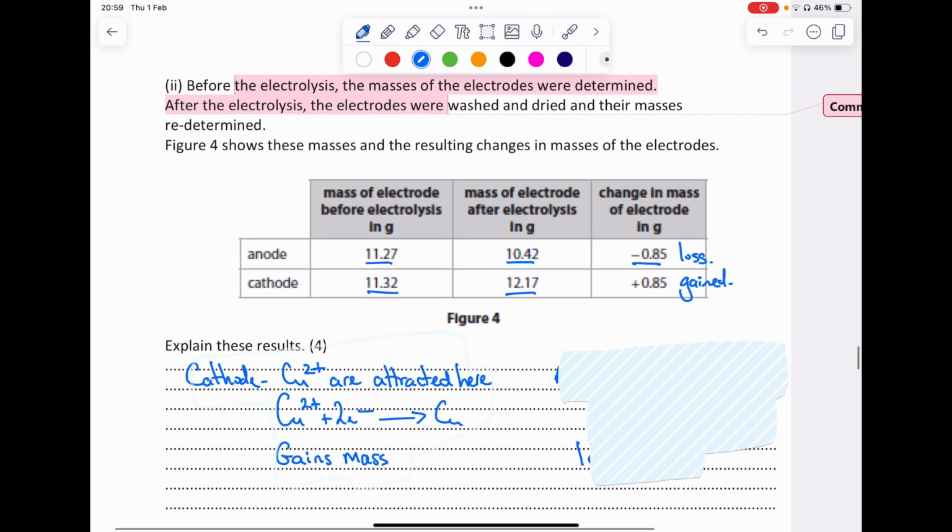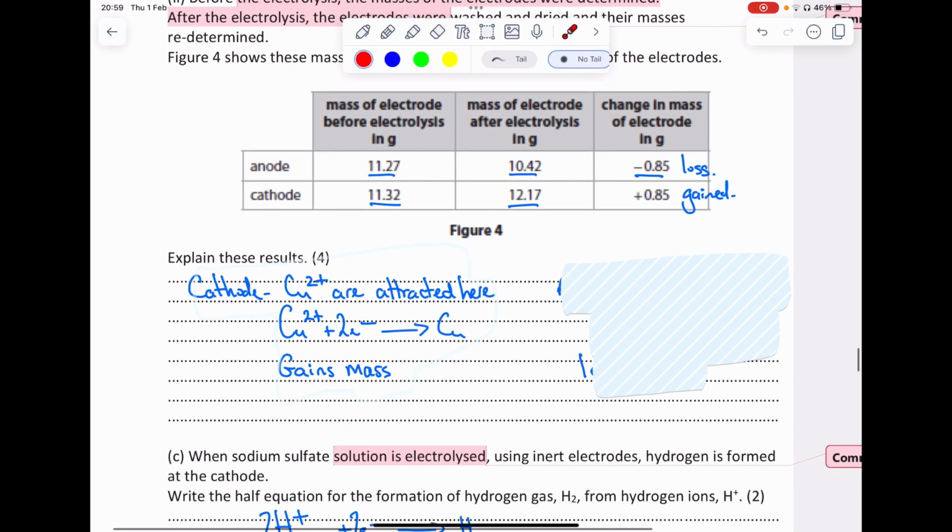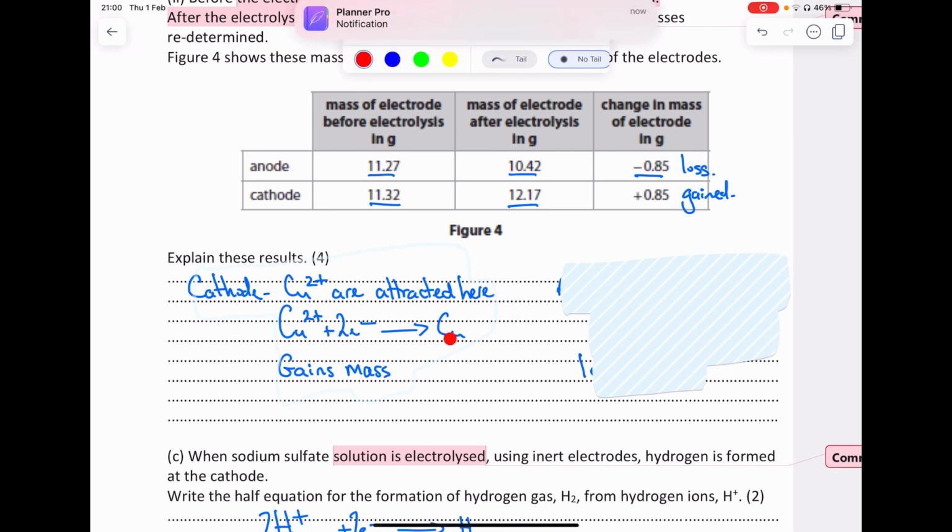Okay, so I'm going to deal with the cathode first, and the cathode attracts copper ions, so they head to the cathode. At the cathode, the copper ions pick up electrons, gain electrons, to form brand new copper metal. And because we're getting copper metal,